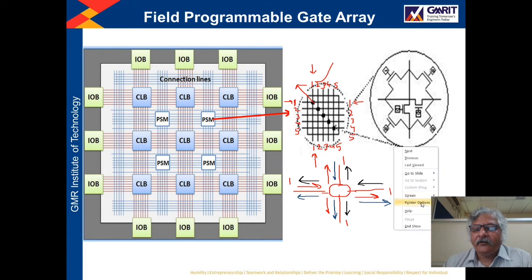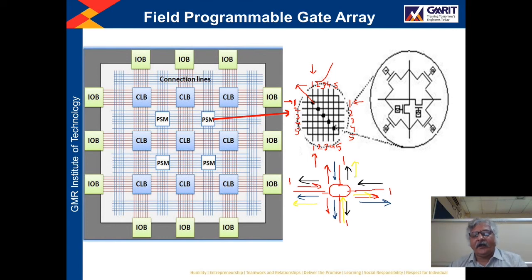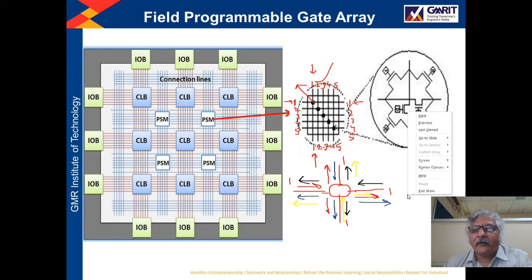Same way, the vertical wire which is coming from the bottom, right? This wire, it can also be routed towards the right side, towards the left side, or towards the top vertical wire side. Anywhere these type of routing can be done. So for this type of routing,